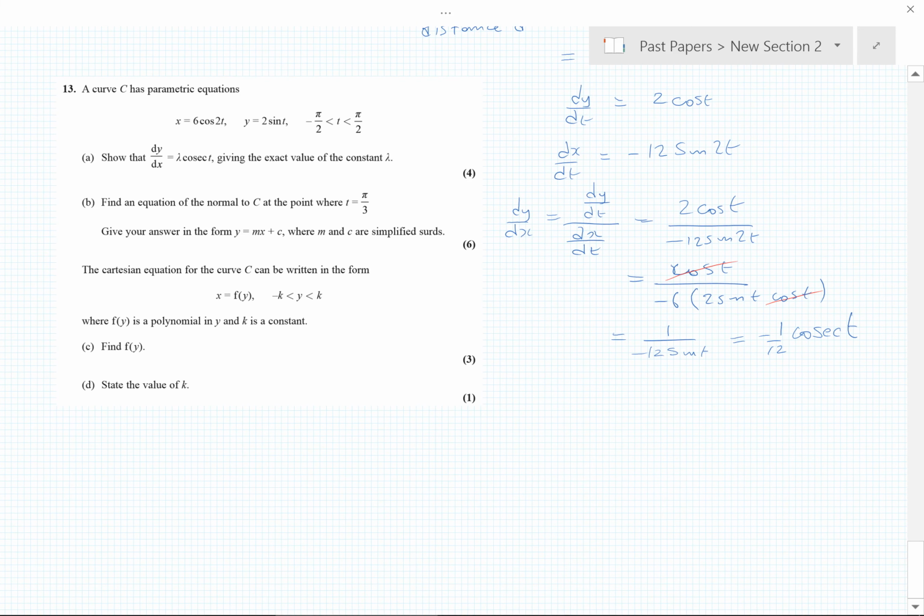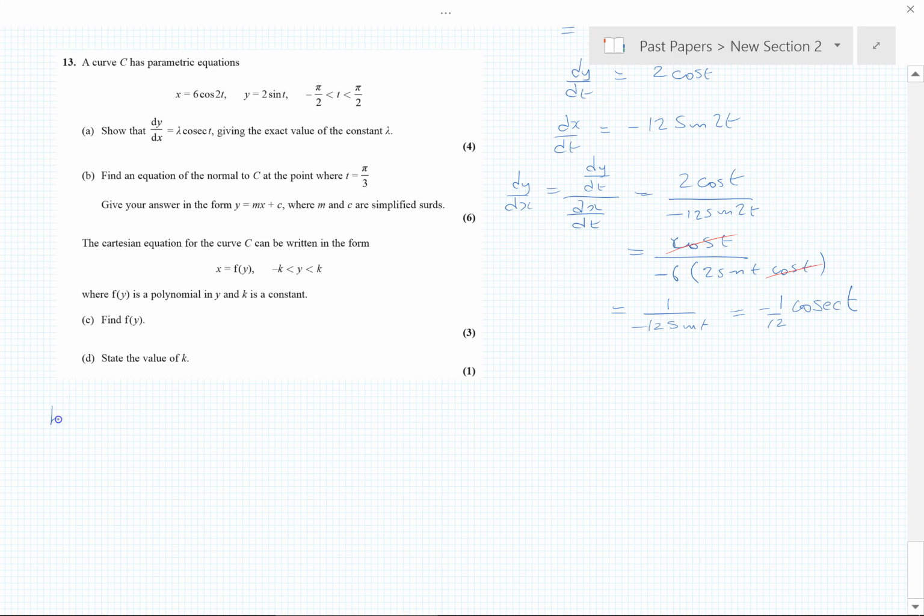Right, part B, let's do it over here. Part B, find the equation for the normal at C when t equals pi by 3. So we're going to do x and the y, and it should be pretty standard 6 marks, I would think. For this stage in the paper, it doesn't feel too bad. Maybe there's something nasty to come. I haven't looked at it yet. Anyway, we're going to put t equals pi by 3 in there. So when t equals pi by 3,